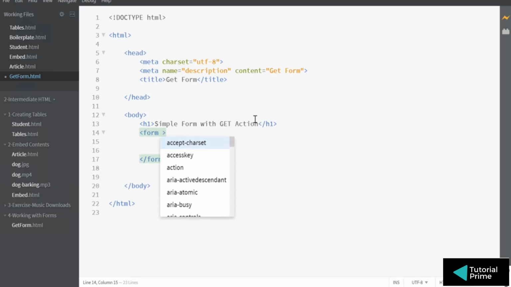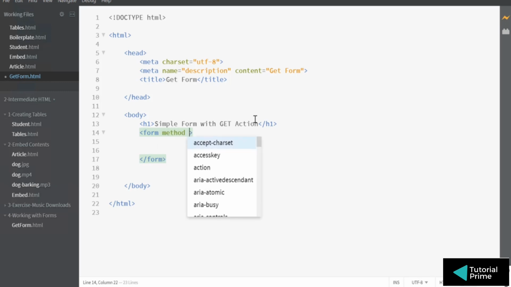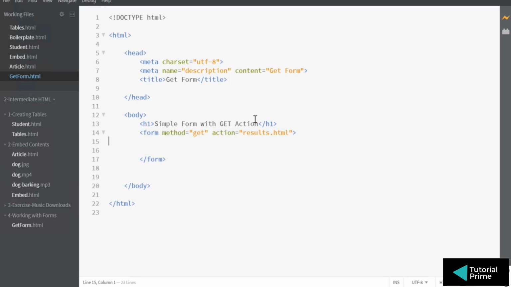A form basically has two important properties. The first attribute is called method, and the method has a parameter called get or post. Then you have an action. An action is basically telling where you want to go when someone submits this form. That's coming from the action. So we'll create result.html, and when someone clicks the button, we will go to that page. How to go and where to go is defined by this action, and going from one page to another is taken care of by the form.